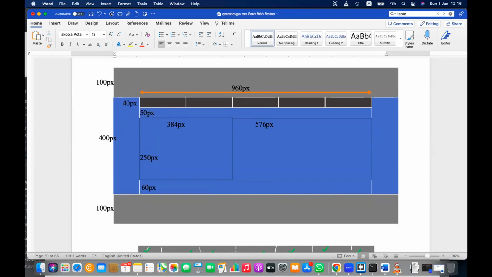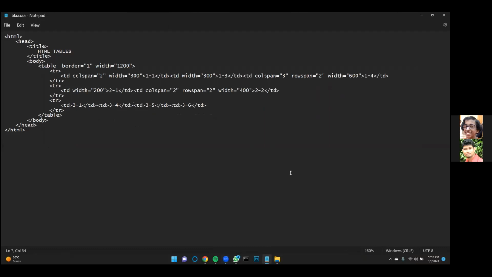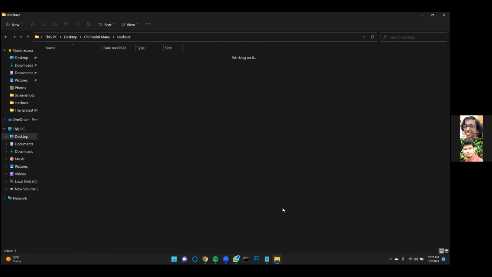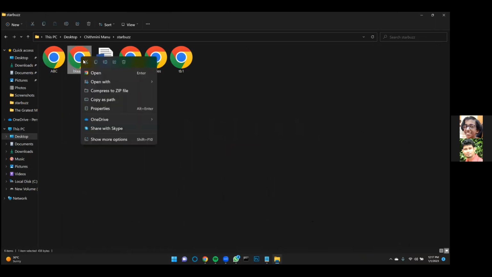Can you wait a moment? Okay, sure. After we create the coding and save it as HTML1, how do we edit it later? You have to right click on the file. So can you just share the screen again? I'll tell you. You have to right click on the HTML file that you have created. Okay, close this as well. Close this window also. And then go to the HTML file location. Right click on the HTML file. Then you have to go to open with,